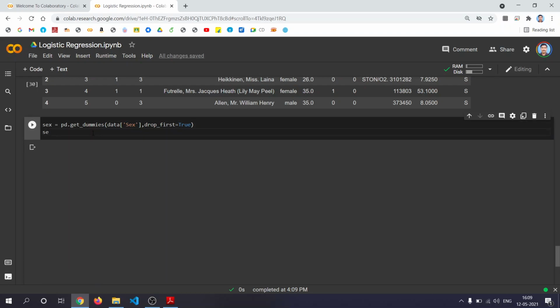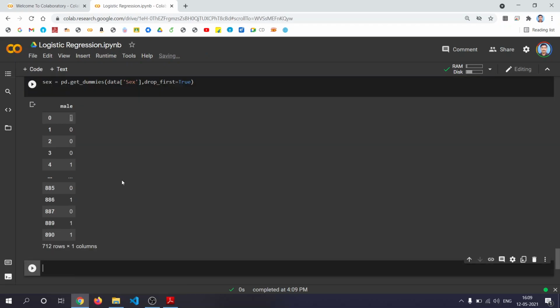Then you check the value. Now you can see that there is only one column, and that column says whether it is a male or female. First is a male, second is not a male, third is not a male, fourth is a male, and so on.